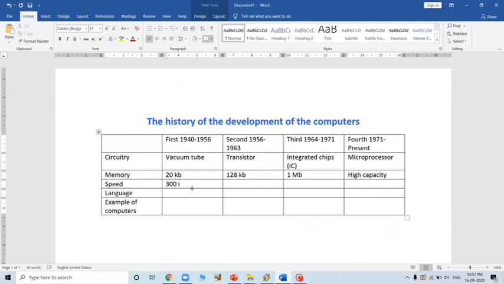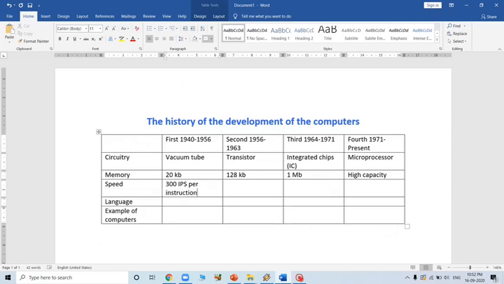And in the second, 300 IPS per instruction it was, and here it was 300 IPS,